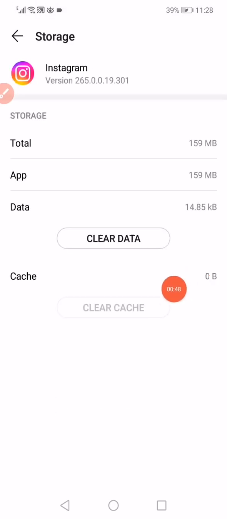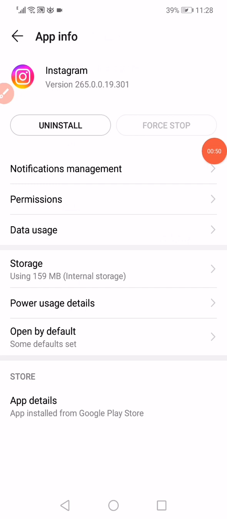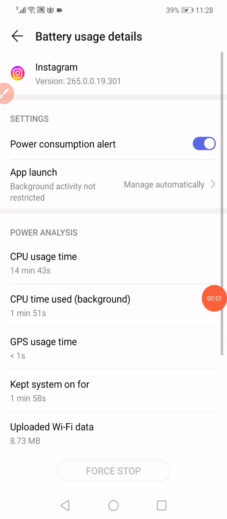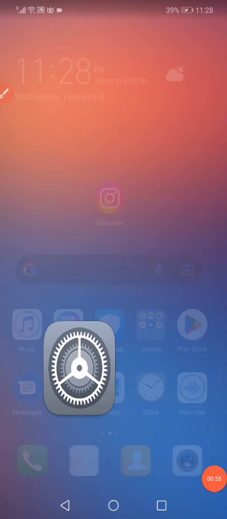click on storage, click on clear data, and go to the power usage details, click on force stop, and restart